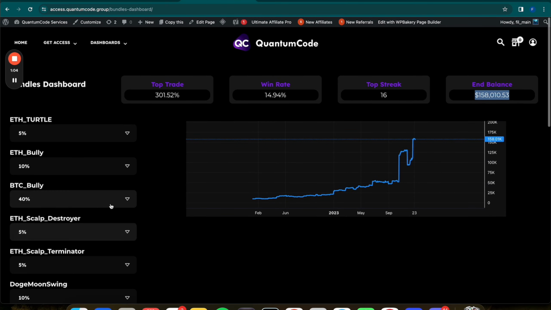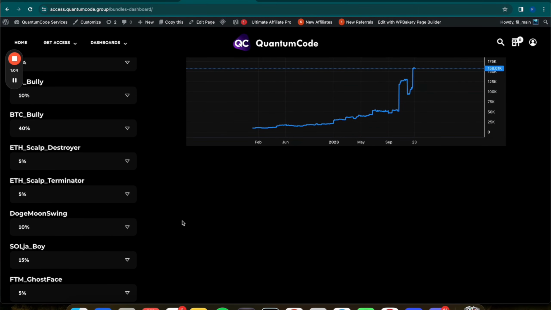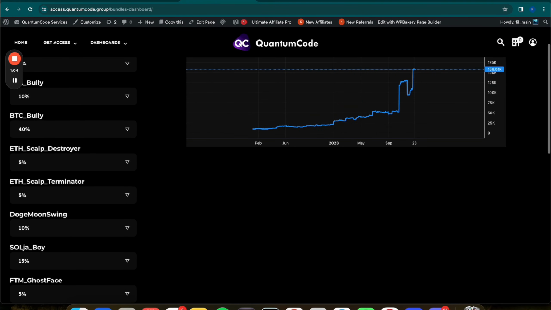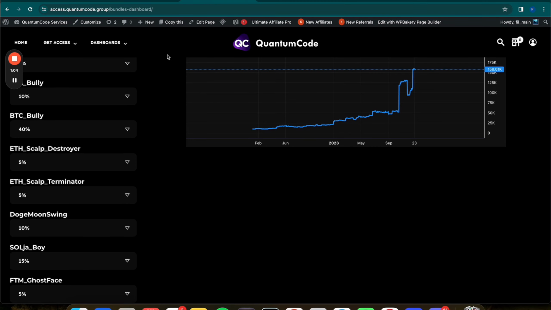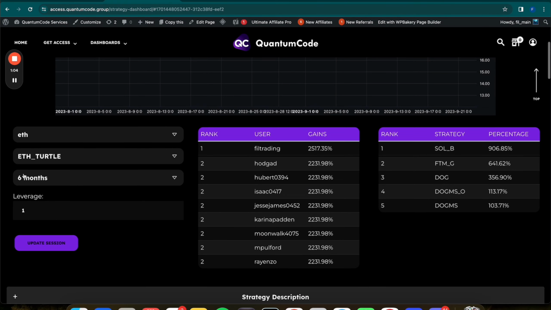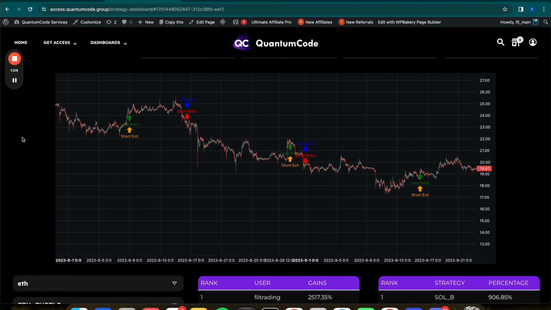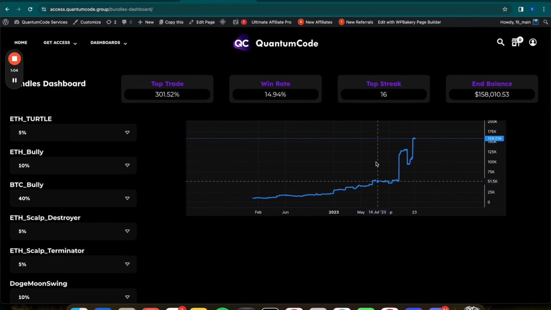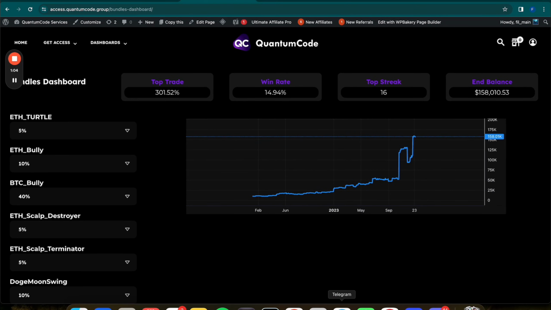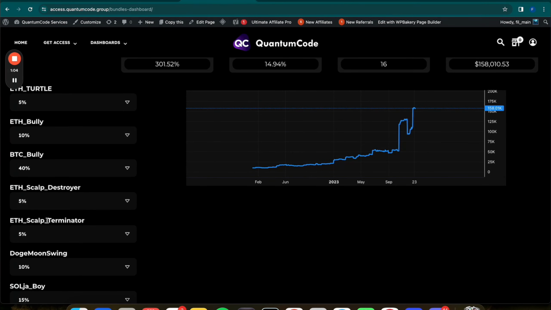So you look at the bundle, you play around with the allocations, you look at the leverage, and then you look at the specific strategies that are in that bundle, and you look at the leverage of those, see what works, and then as a combination, that's what you will trade. You have your signals, you have your group, and in that group you will see when a strategy comes up, and that's when you trade it with the correct allocation.